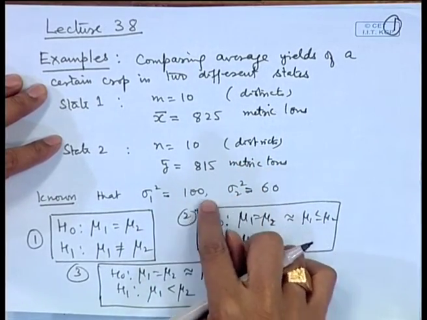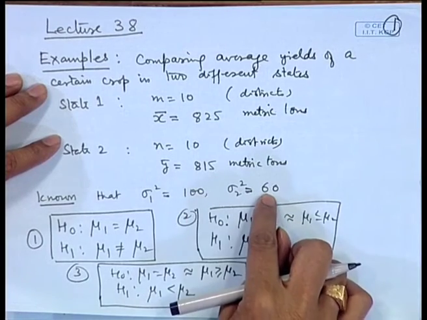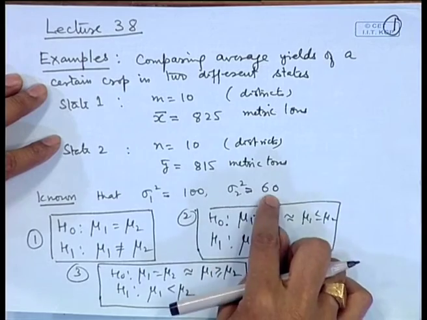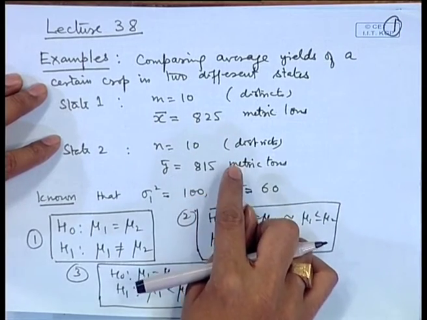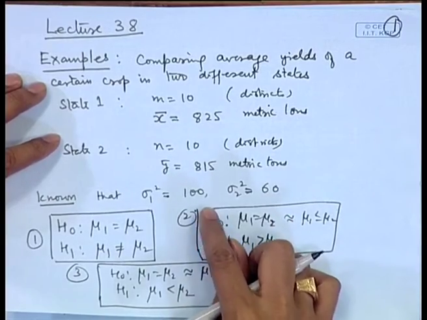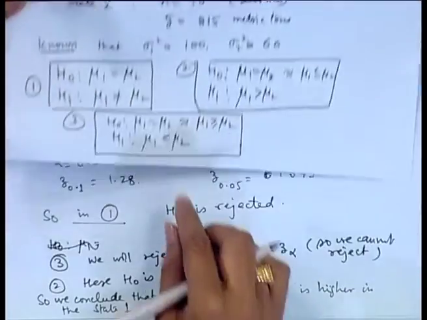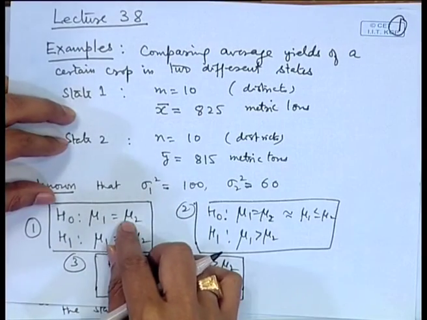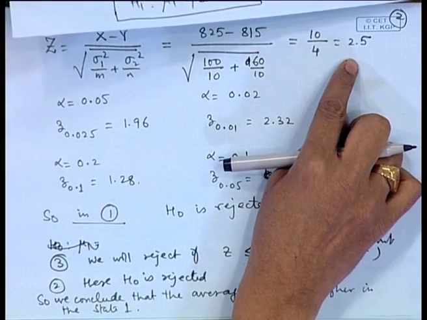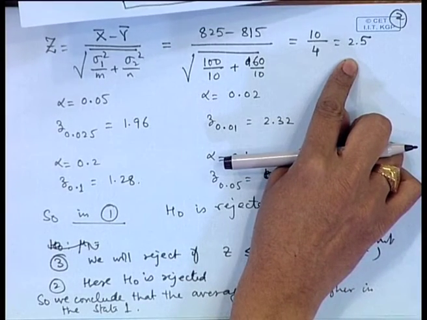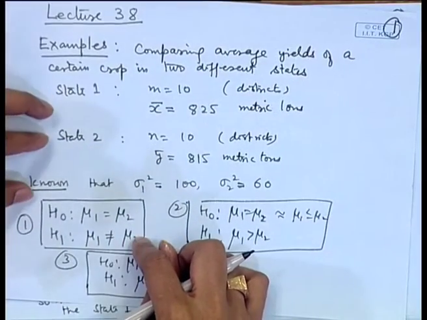In this particular case the standard deviations are available, it is 10 and slightly less than 8 respectively. So, since these standard deviations are not very large, the sample size is not very large, therefore, this hypothesis of equality is actually getting rejected at any reasonable level of significance. Since this hypothesis is rejected, that means mu 1 is not equal to mu 2.